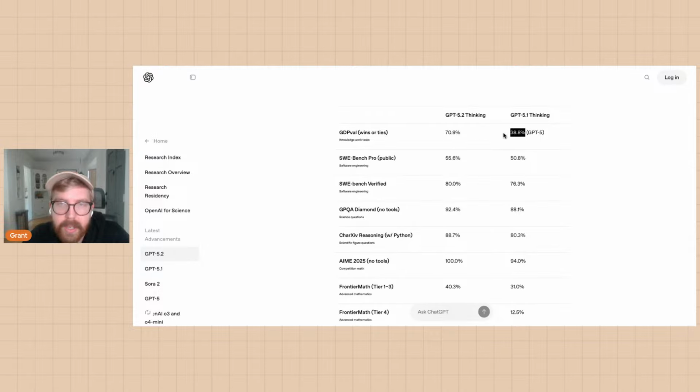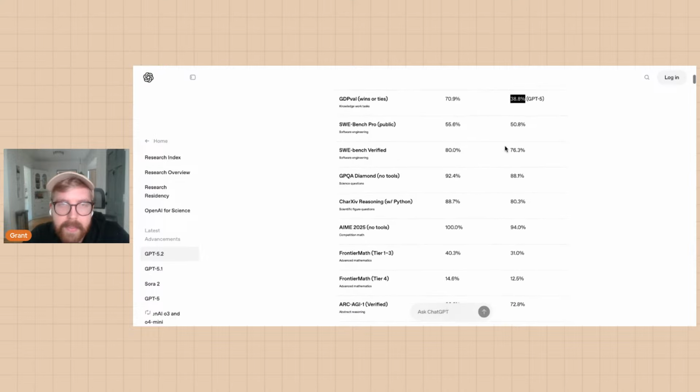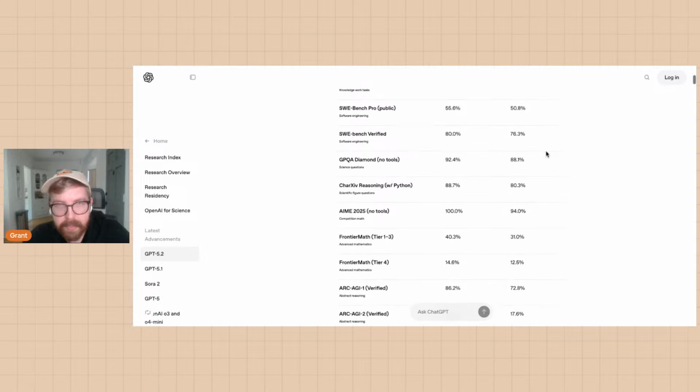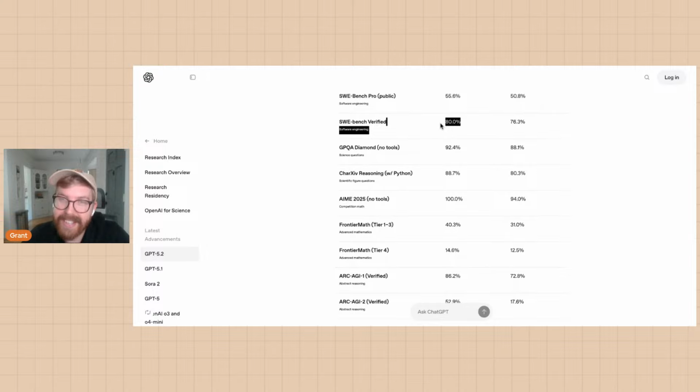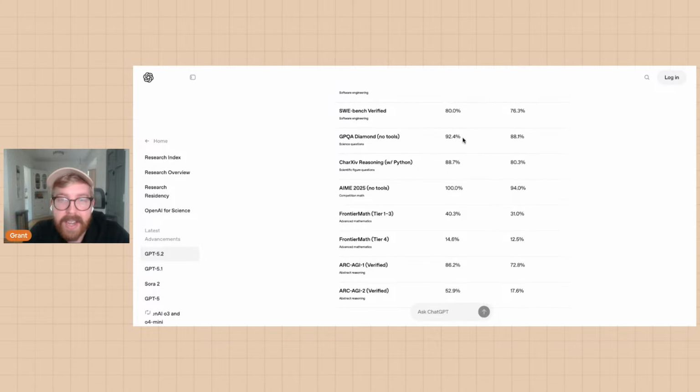Almost double. Slightly less than double. So slightly better on SWE-Bench Pro, which is software engineering tasks. Better than Claude Opus on that benchmark, which is probably why they released this. Science questions, it's at 92%.